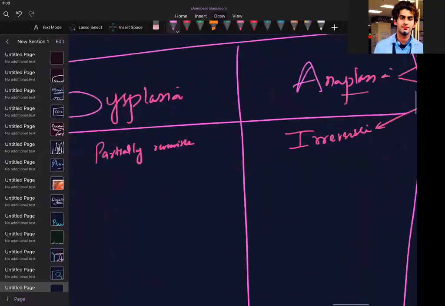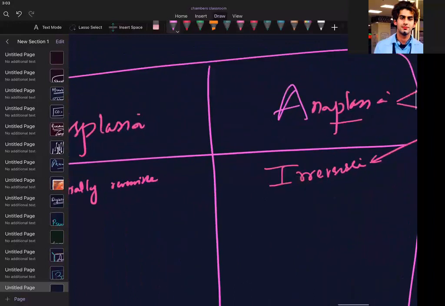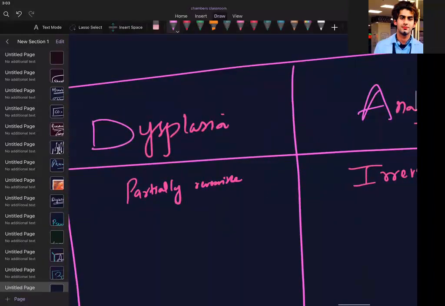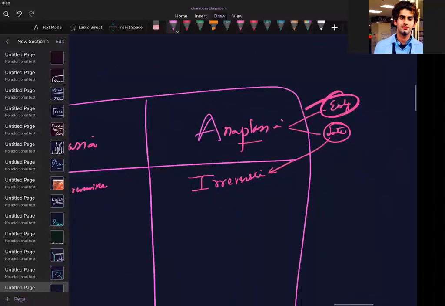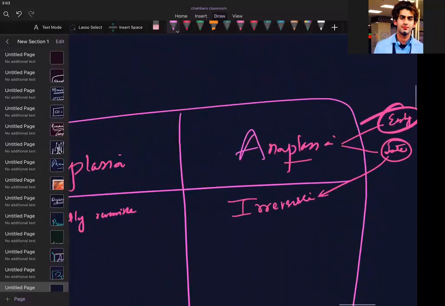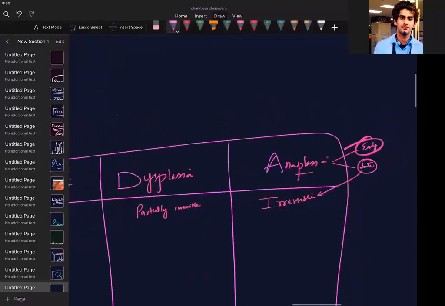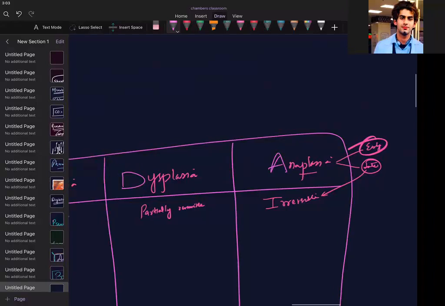So I am writing about anaplasia. Please understand this fact. Don't get confused between the two. After studying from standard textbooks, I can write this. There are many things written. No one is wrong actually, but yeah, we will follow the standard. So this is irreversible.